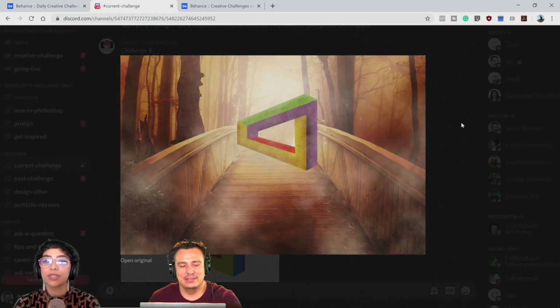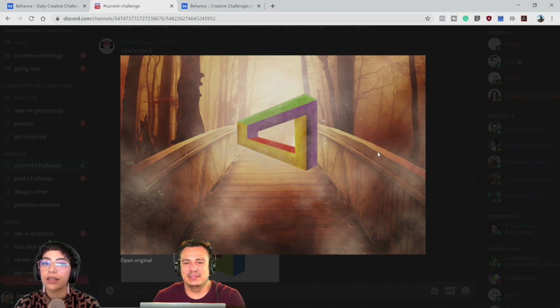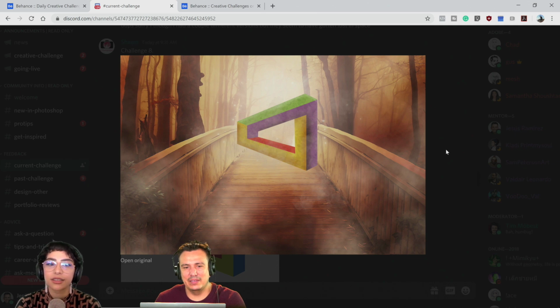No, I think that's really cool. Maybe even the background in the middle of the triangular shape. Maybe we can see more of the bridge as it fades out into the distance. But other than that, got it. So you're saying just bring it down a little bit? Is that what you're saying? Yeah, exactly. Awesome.